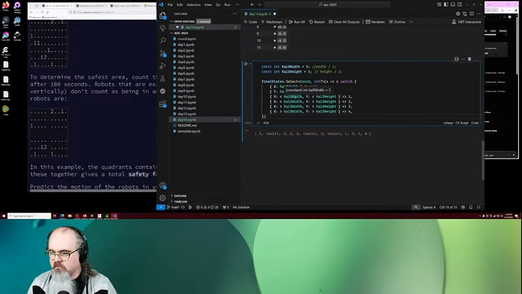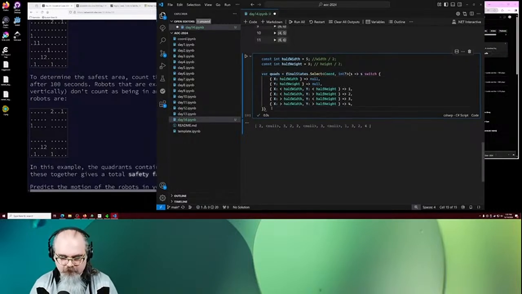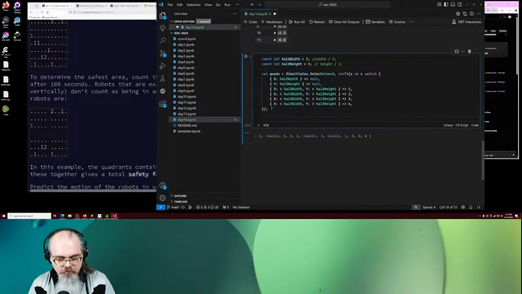Okay, which means what we just want to do then is, so we've got that final states.select. Good catch on the height substitution. I have also screwed that up many times. That's how I knew to catch it. Okay, so we've got this thing now here. So let's just go ahead and say var quads equals final states.select. And now we just want to do